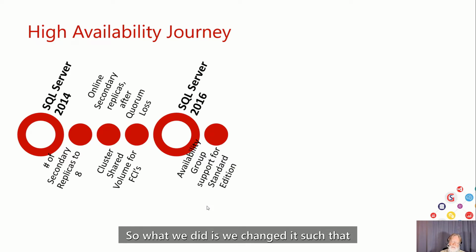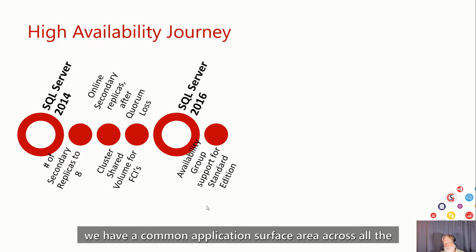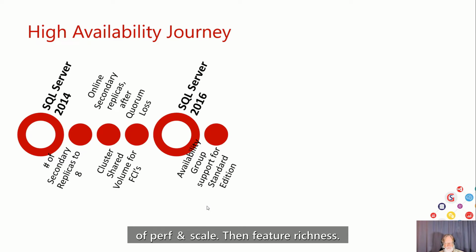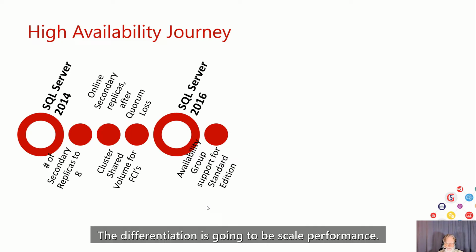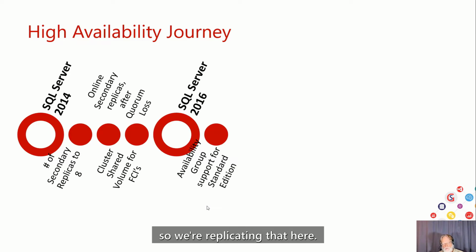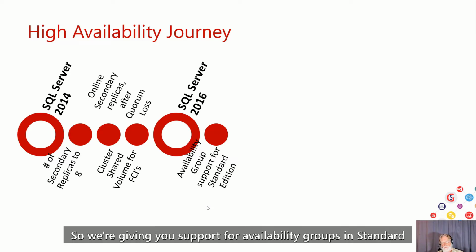So what we did is we changed it such that we have a common application surface area across all the editions, and the differentiator moved to being more in terms of perf and scale than feature richness. There are a few features that are differentiated, but for the most part the differentiation has to do with perf and scale, which is the same way it works in Azure SQL Database. The differentiation is going to be scale, performance, HA to a certain extent. They have used different HA schemes behind the scenes. So we're replicating that here, so we'll give you support for availability groups in Standard Edition